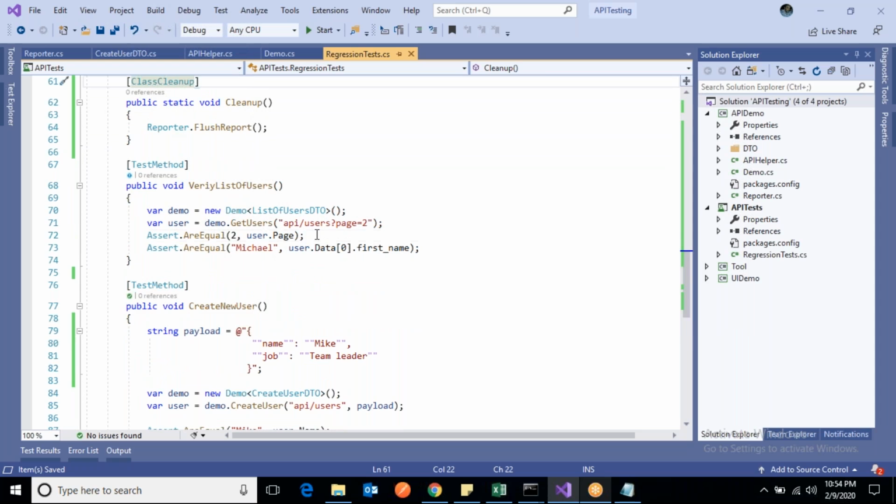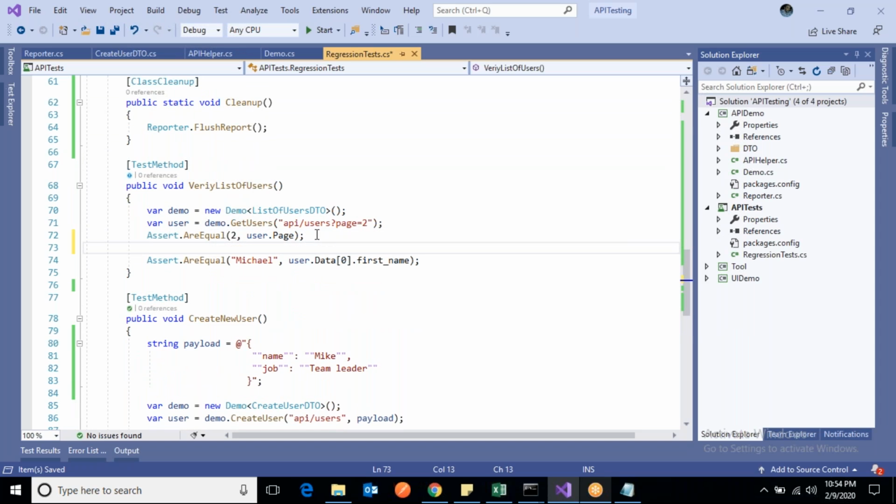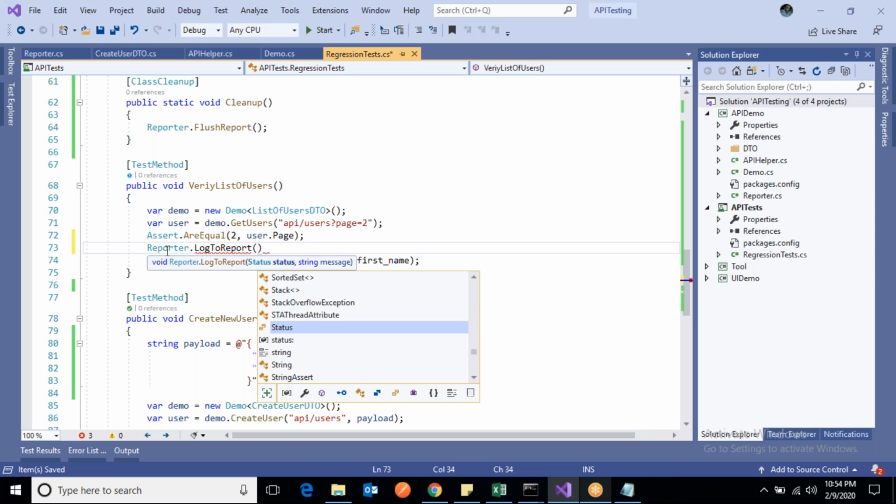Now after each and every assert, so basically till here we are not doing anything, right? We are just asserting things, like what happened. So I need to call this reporter dot log to report method, and it requires status. Okay, so status dot